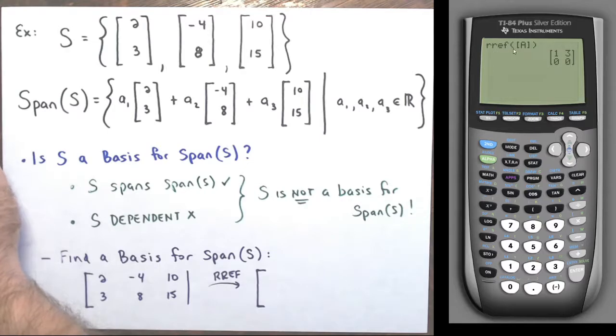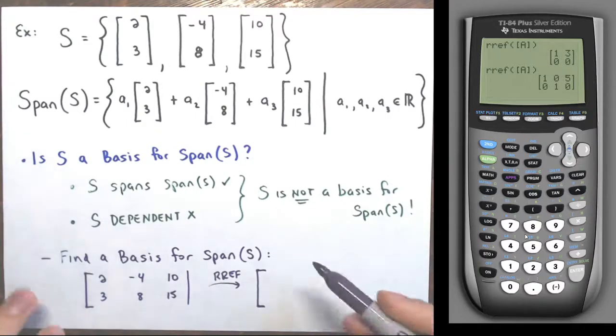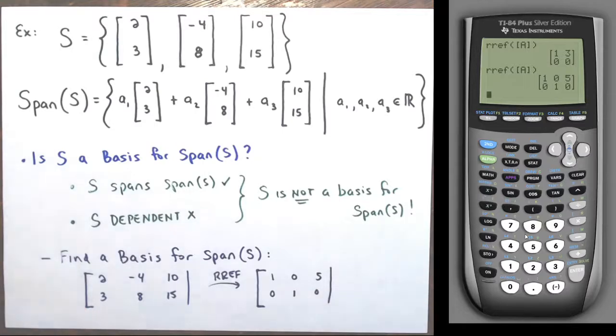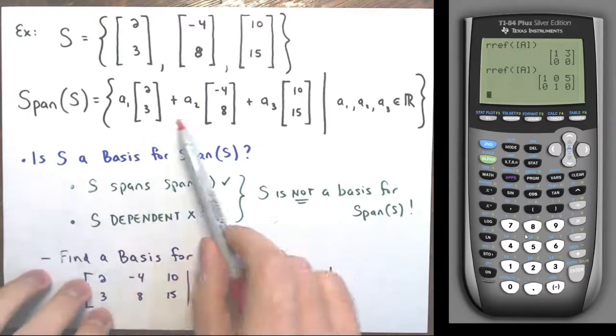Now, since the last entry I made was already in reduced row echelon form, I can just go second and then enter, and the last entry will show up, and I just enter again. There it is. Putting this in reduced row echelon form, I'm getting 1, 0, 0, 1, 5, 0 for the columns, and again there'll be this bar here. So you see, if I set up a kind of equation,